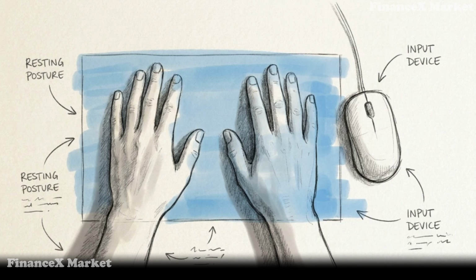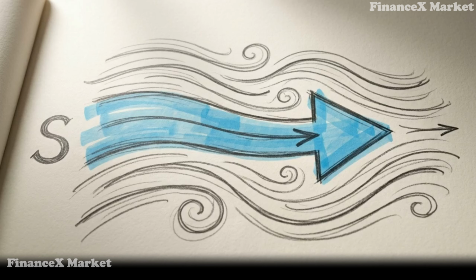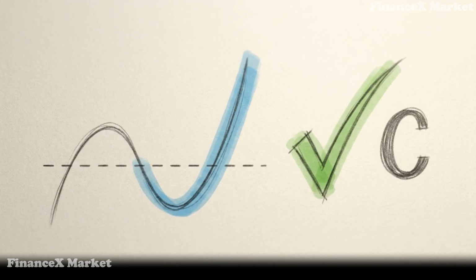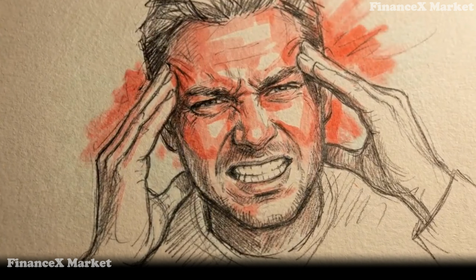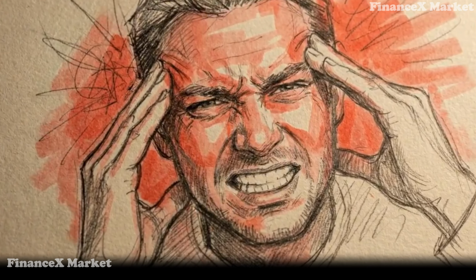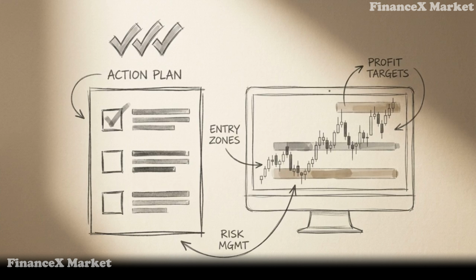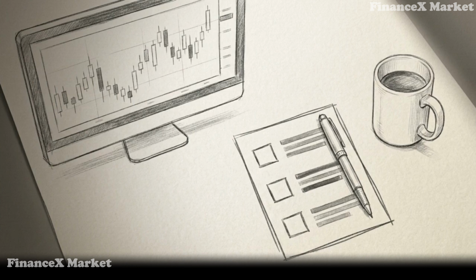This result is the byproduct of a disciplined process, swimming with the higher timeframe current, defining a specific battlefield, and waiting for confirmation. Maintaining this discipline during live market sessions is difficult, as stress often leads to rushed or emotional trades. To solve this, use the SLC execution blueprint, a 3-step checklist used before every execution. This blueprint provides the structure needed to transition from chaotic guessing